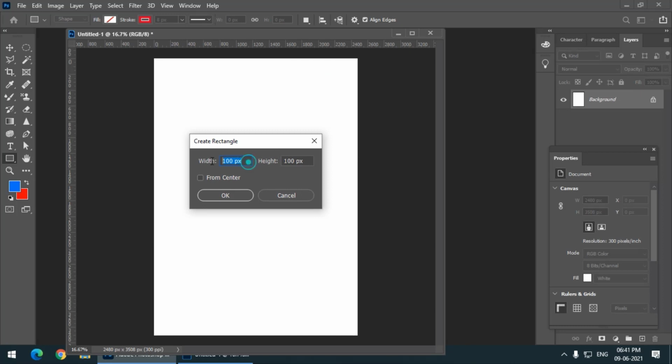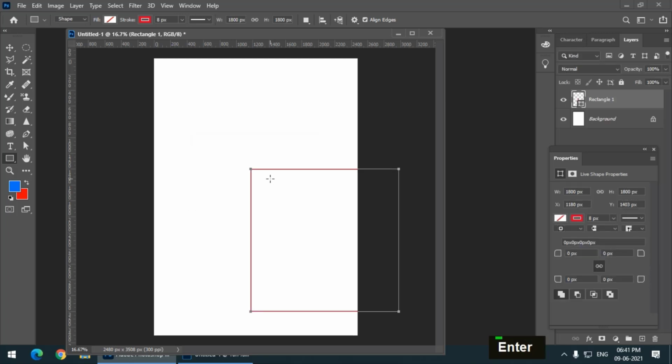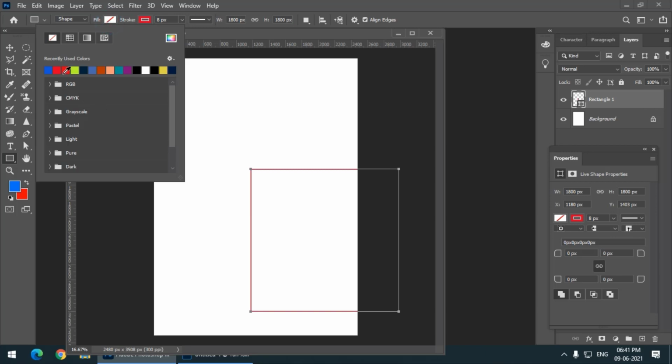Then I can simply insert the values, whatever values that I want. So you can choose any unit. If I want it in pixels, I can choose pixels. If I want it in centimeter, inch, it doesn't really matter. So let's say I want 6 inches by 6 inches, so I can simply type IN or INCH, both are okay. So this is a 6 by 6 inches square.